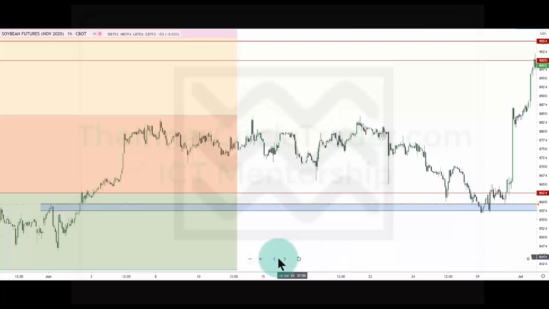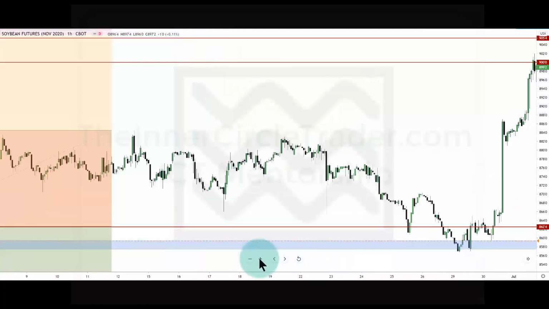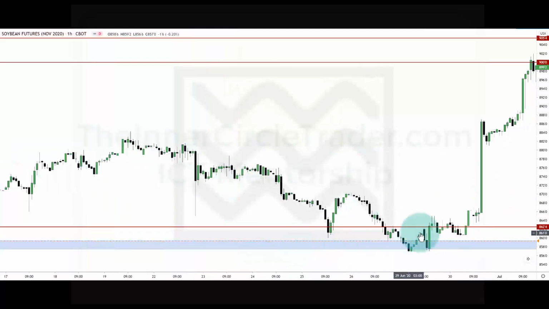Let me zoom in. Fair value gap right there. Notice the bodies of the candles respecting that. Bodies here. It tails down into that BISI again after spending some time here with the bodies of the candles. We have an optimal trade entry here, and then we have another one here. Fair value gap fills it, order block.